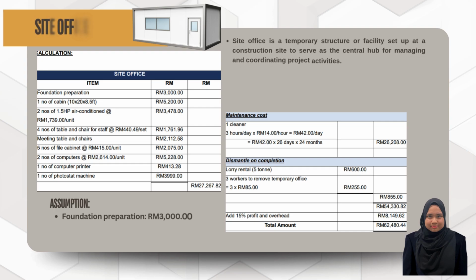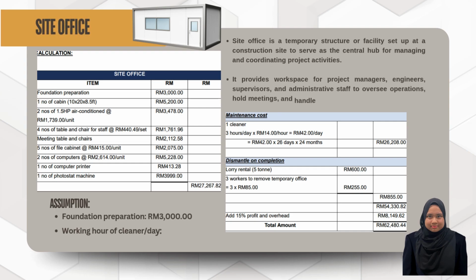The next item is site office. Site office is a temporary structure or facility set up at a construction site to serve as the central hub for managing and coordinating project activities. It provides workspace for project managers, engineers, supervisors, and administrative staff to oversee operations, hold meetings, and handle documentation. As we can see in the calculation, it includes the cost of foundation preparation, cabin, air conditioner, table and chair for staff, meeting table and chairs, file cabinet, computers, printer, and photostat machine,